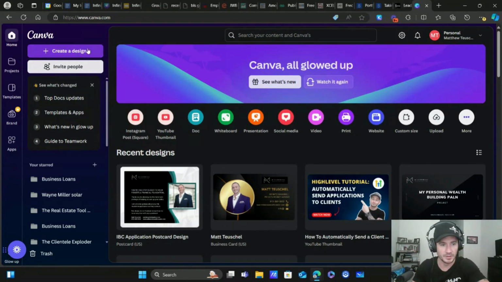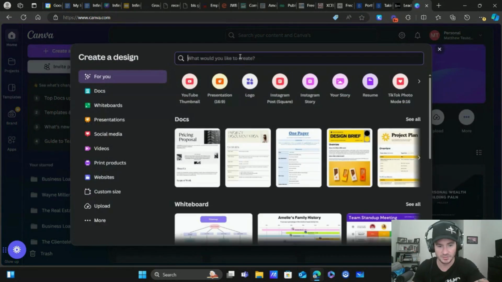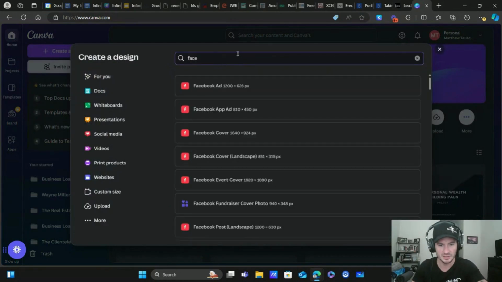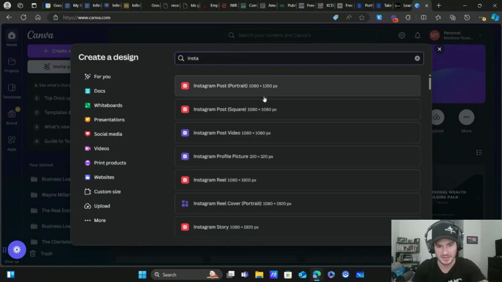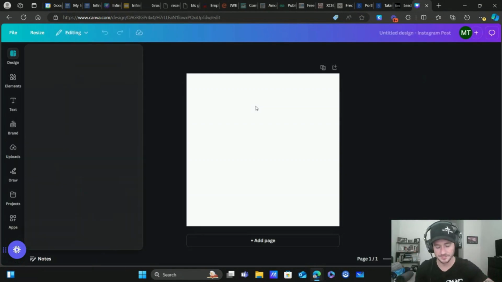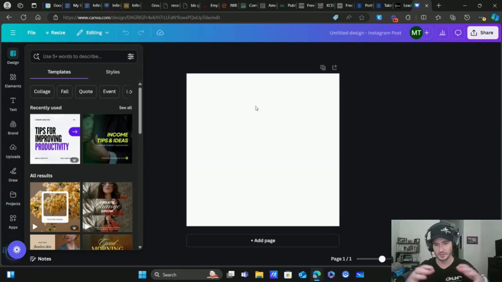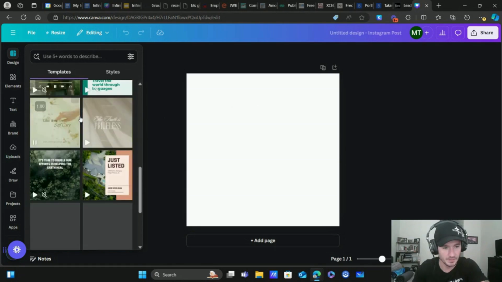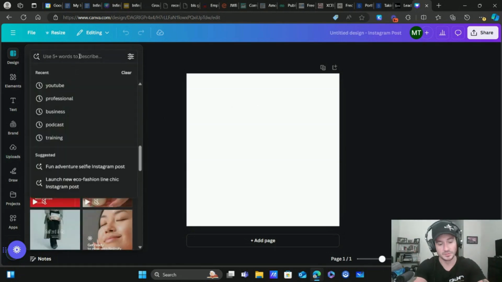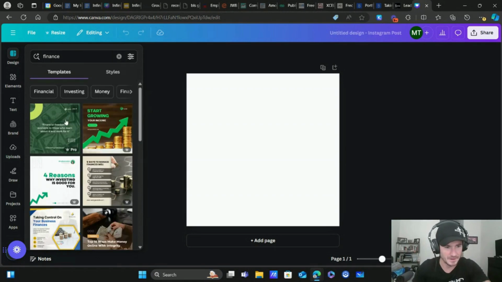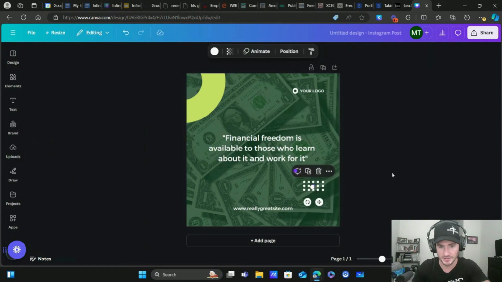So literally all we can do here is create a design. We'll just do a Facebook post here in this case. Actually, the size that I usually use is 1080 by 1080 right here, the Instagram post, because this can be used pretty consistently across all social media platforms. So let's do, I don't know, let's do finance. Yeah, here we go. All right. And then maybe instead of this right here,